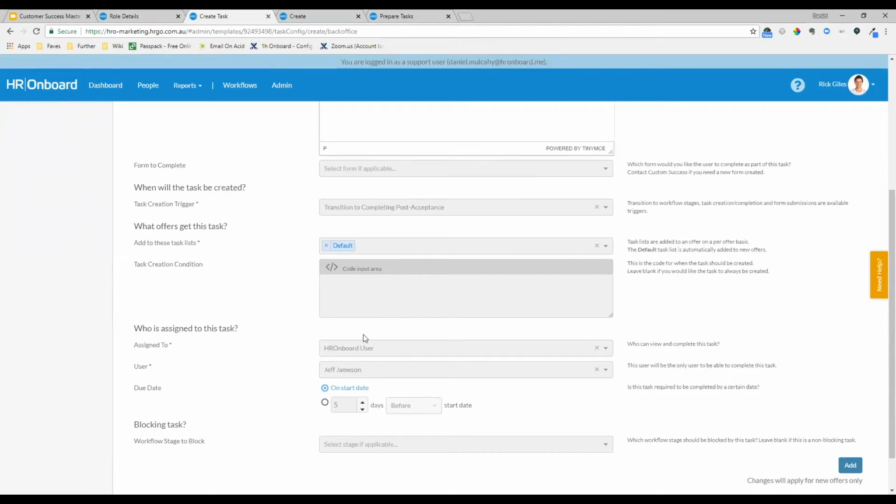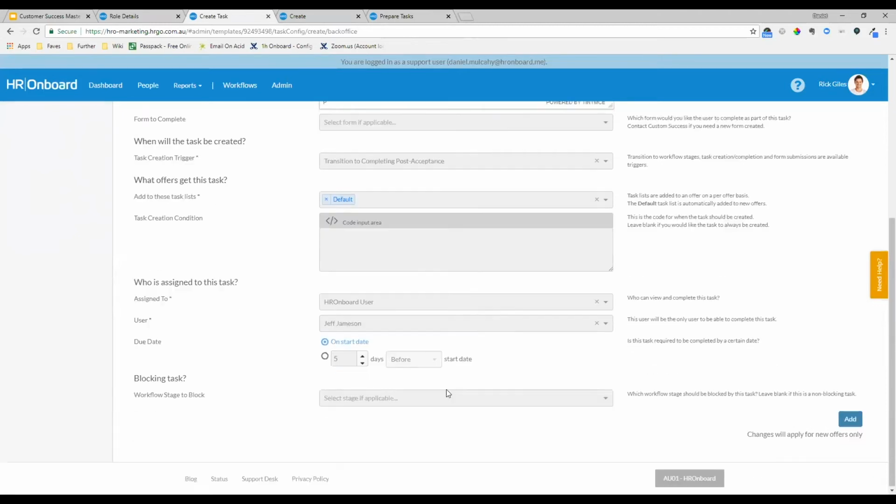Another more in-depth detail, the blocking task. So the description says it, which workflow stage should be blocked by this task. Leave blank if it's a non-blocking task. This means if you want this task to stop the offer from progressing past a certain point. So say, for example, you don't want payroll to process an offer until uniform provisioning has been done. We can select in this stage drop-down list,